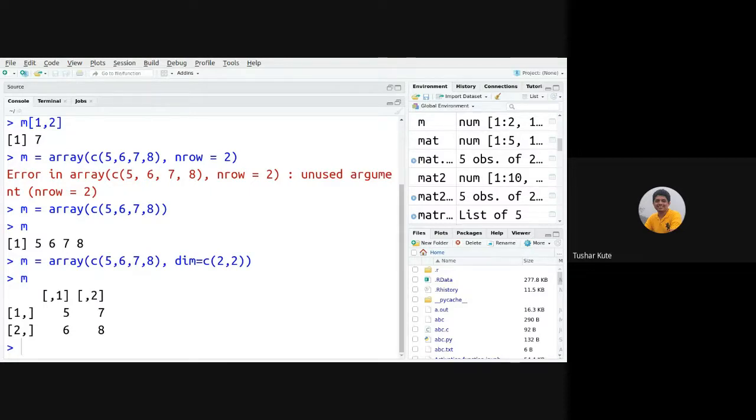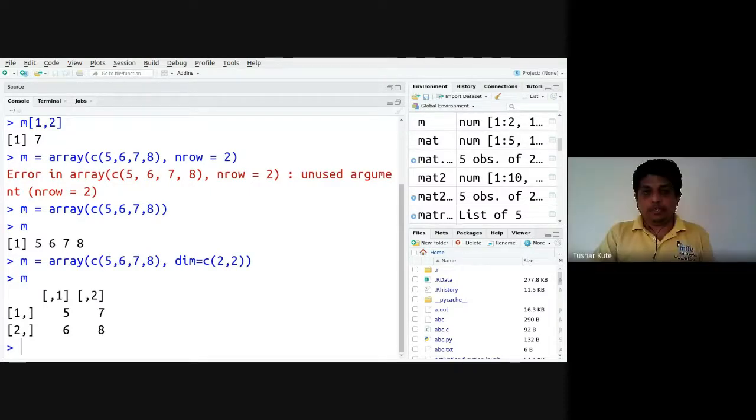Okay, so array is the n-dimensional array, meaning an n-dimensional array can be created with the help of the array concept. That is the fourth type of data.